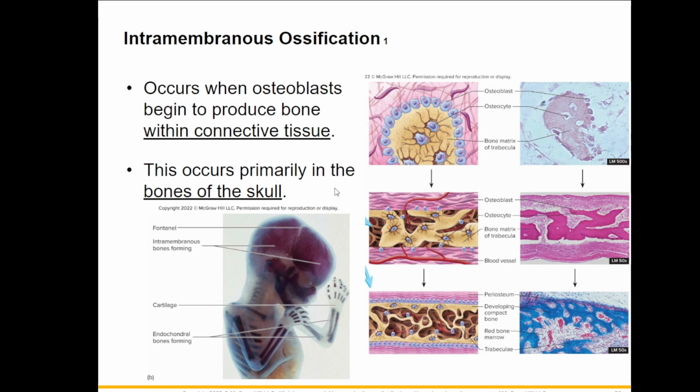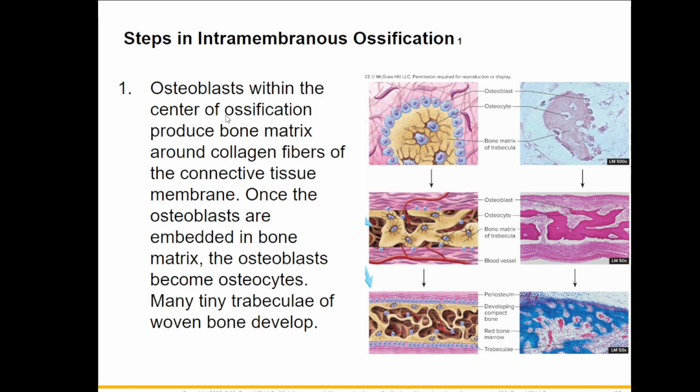So, how does intramembranous ossification happen? First, the osteoblasts within the center of ossification will produce bone matrix around the connective tissue membrane. So this is the first step. You can see here the osteoblasts lining up, and they are producing this brown thing. That's the bone matrix. And once the osteoblasts are embedded, or once they are trapped inside the bone matrix, the